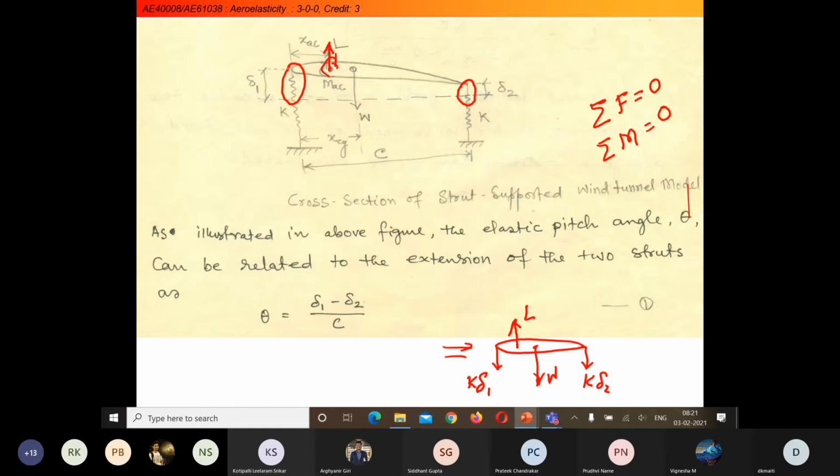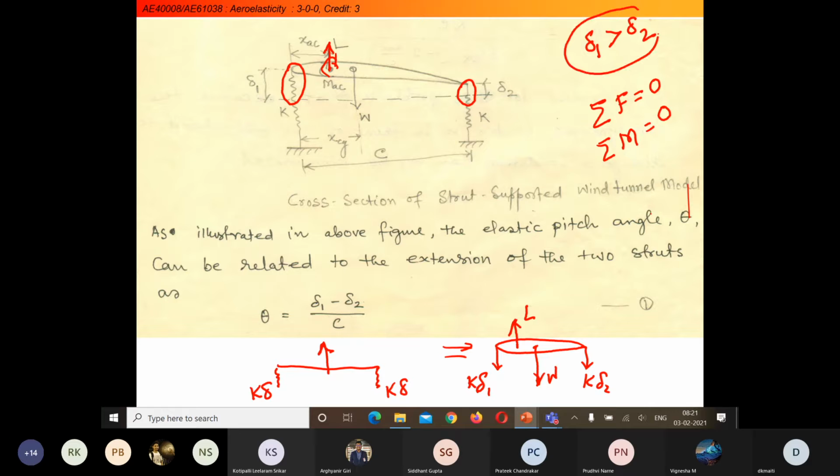am saying the spring force shared by the leading edge spring will be higher than the trailing edge spring, because both are moving in the upward direction. Because lift is acting, let's say I have a rod like this, and if the force is acting at the middle, then in both cases the forces will be the same. It will be K delta, this also will be K delta. But as the force is eccentric, it is towards the leading edge. That's why I am saying K delta 1 will be higher than K delta 2. Delta 1 will be greater than delta 2.